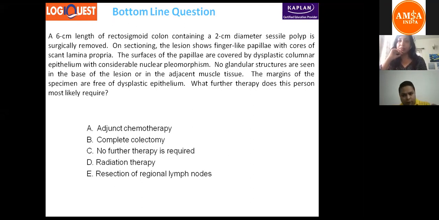Now just look out for the following options and see whether you are able to get to the answer or not. Okay, people have picked A, E, C, D, and E. So I guess everyone has decided the answer is not B, but there are answers for all the other options. Okay, so first of all, the last line says that the margins of